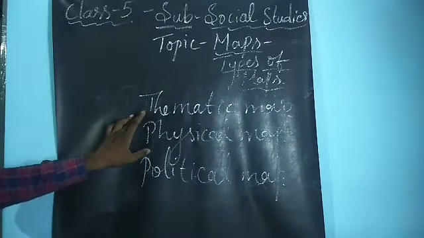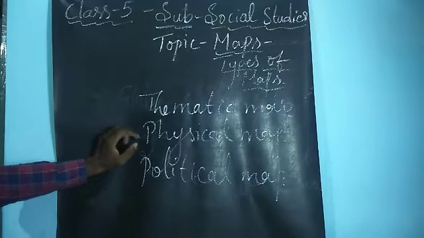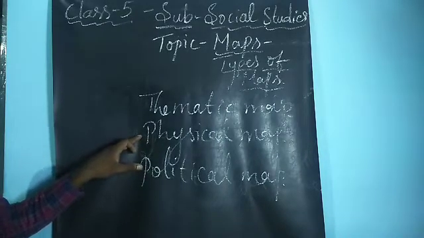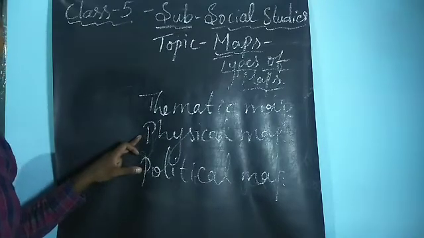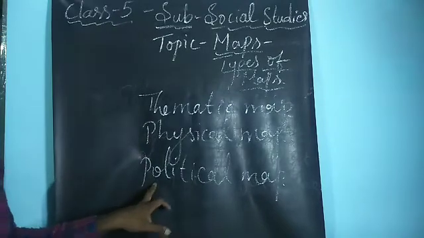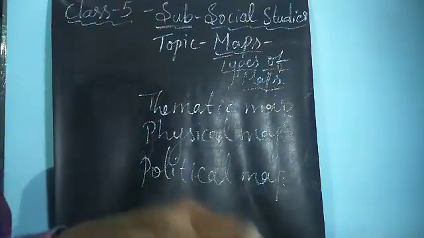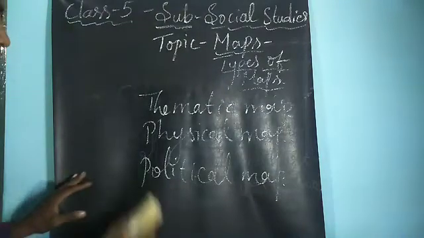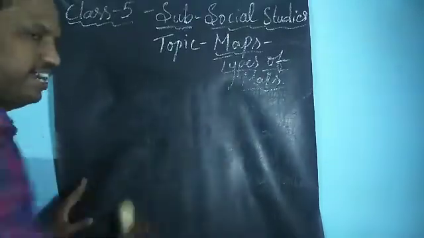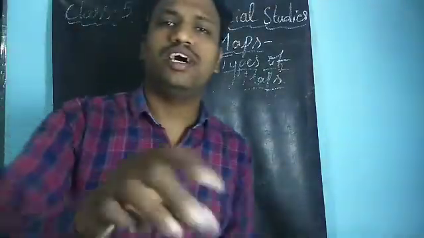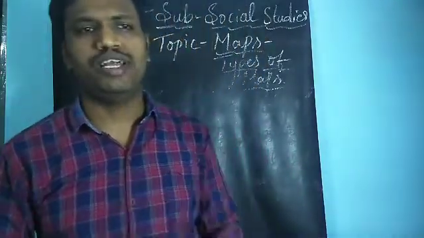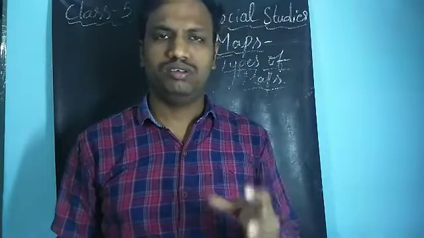That is the types of forest, what I have just shown you. And the physical map, which has different colors, showing the mountains, northern plains, desert, islands, coastal plains, and plateau regions. And the political map, which was showing the borders of the different states in India. That is what these three maps are going to indicate. These three types of maps will give a lot of information about the political and the physical features, as well as the particular themes about our country.